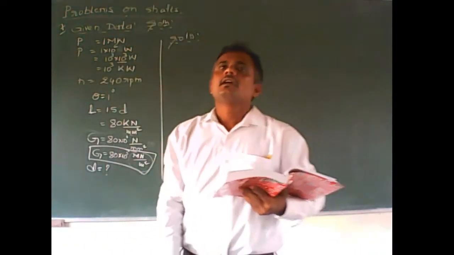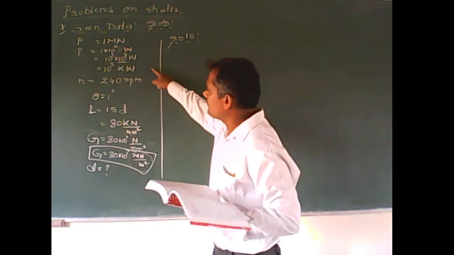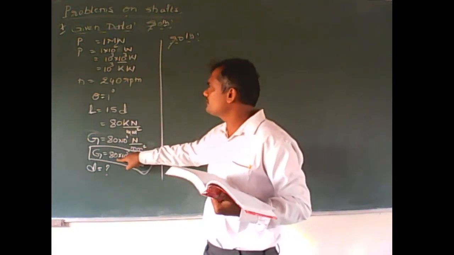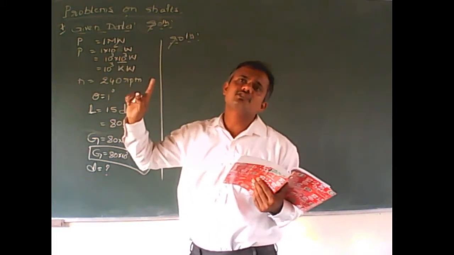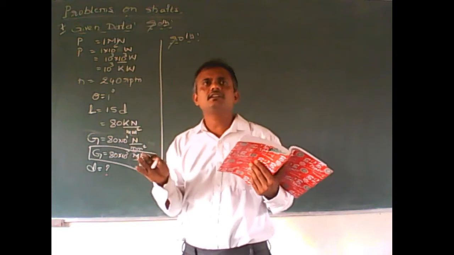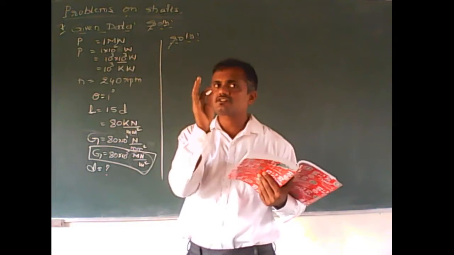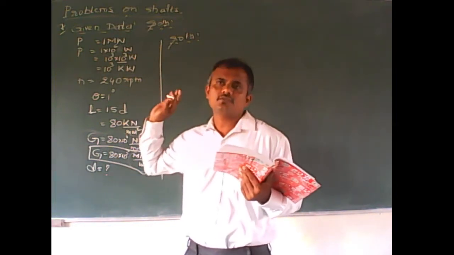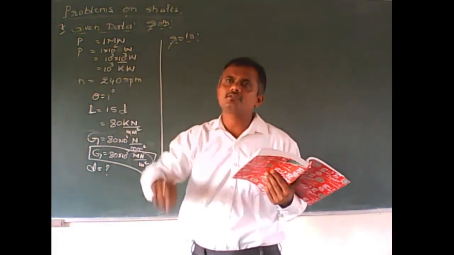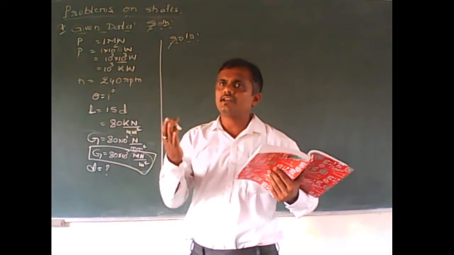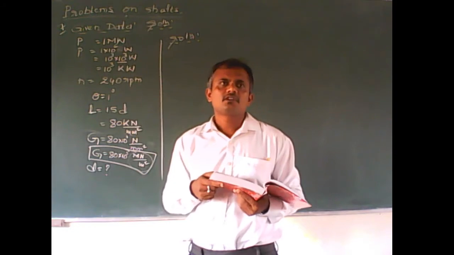Afterwards, let us move on to the solution part. As I said, it is of type 2. You know why? Because in type 2, we are given data like modulus of rigidity, theta, and length of a shaft. Here, no shear strength is given. I mean, you are designing the shaft not by considering the strength, but by considering the rigidity. Therefore, we can use rigidity equations like T by J is equal to G theta by L. That is the main equation which I told you in the very first video of this chapter, the design procedure of a shaft.